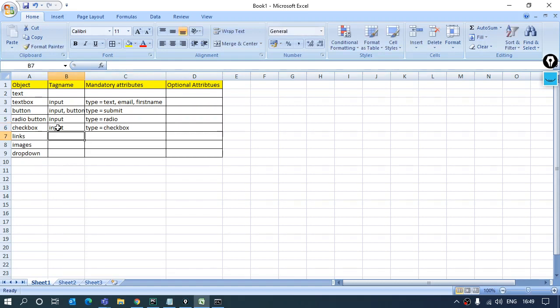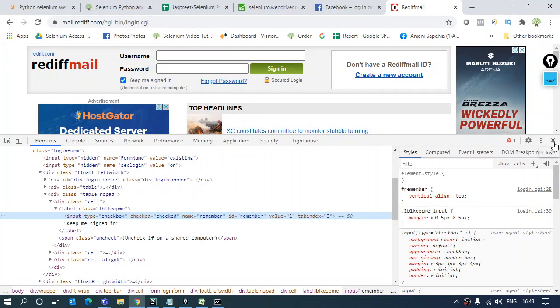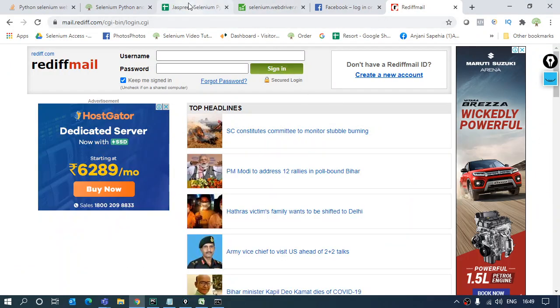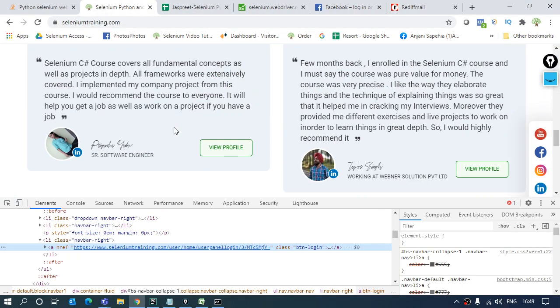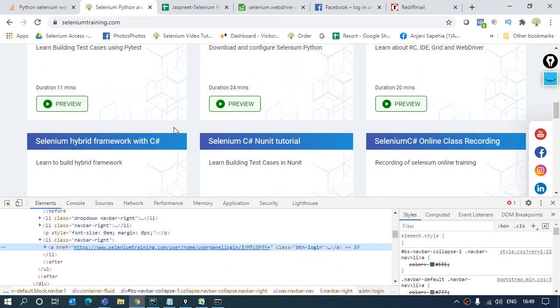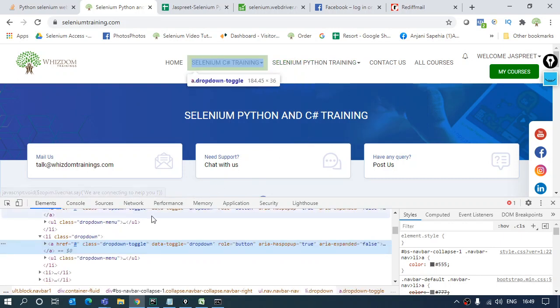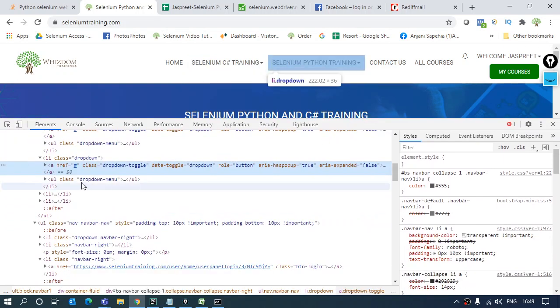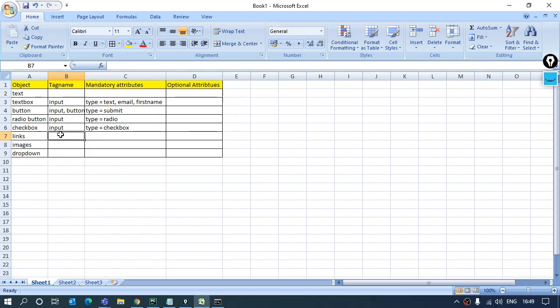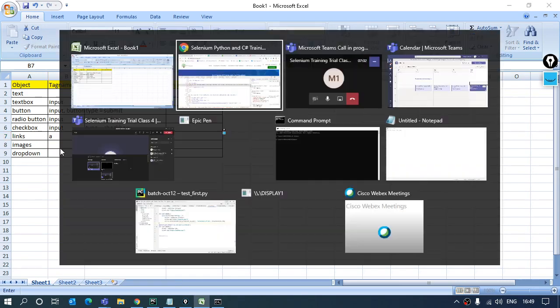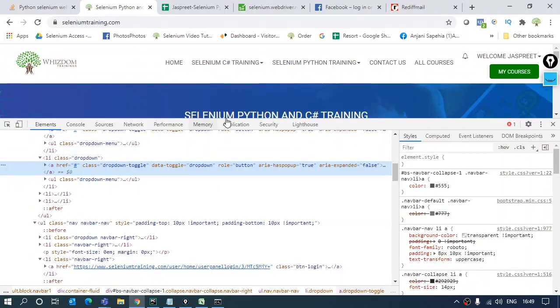For links, it's totally different from the tags that we have discussed above. If I look at any link over here, let's say I take this link, what I get is the tag name in the purplish color, so the tag name is A over here. Now what is the mandatory attribute with this? What is the purpose of having a link on the page?